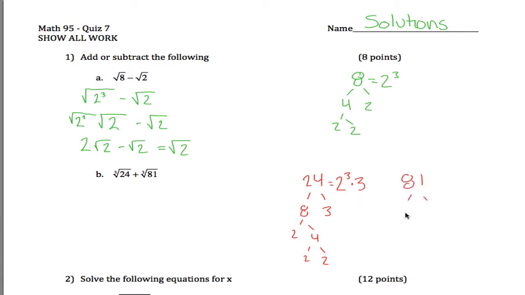And 81, well, let's see, that's 9 times 9. And 9 is 3 times 3. So 81 is 3 to the 4th power. So what I can do is I can say, all right, the cubed root of 24, that's really just the cubed root of 2 cubed times 3. And to that I want to add the cubed root of 81, but 81 is really just 3 to the 4th power. And so if I simplify both of these using my good radical, bad radical trick,